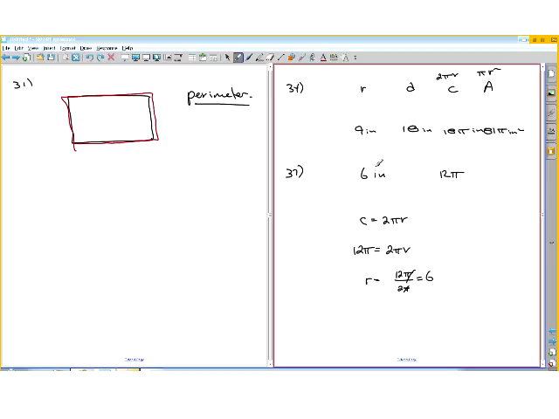So the radius is 6 inches. Now, once we know this is 6, we just double it to get the diameter. And to get the area, we square this, which would be 36. So this becomes 36 pi, and this is inches squared, whereas all these little ones